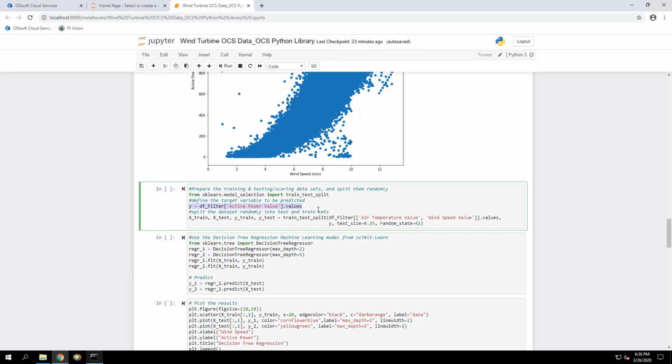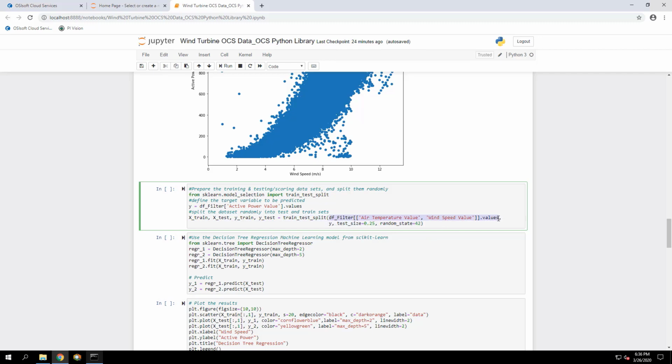So what we're gonna do here, and I won't get into a lot of details, but there's a function which you can use to basically specify what are your inputs. So in this case, we're specifying that our inputs are air temperature and wind speed, and what's our output, which is the y variable, which basically includes the active power values.